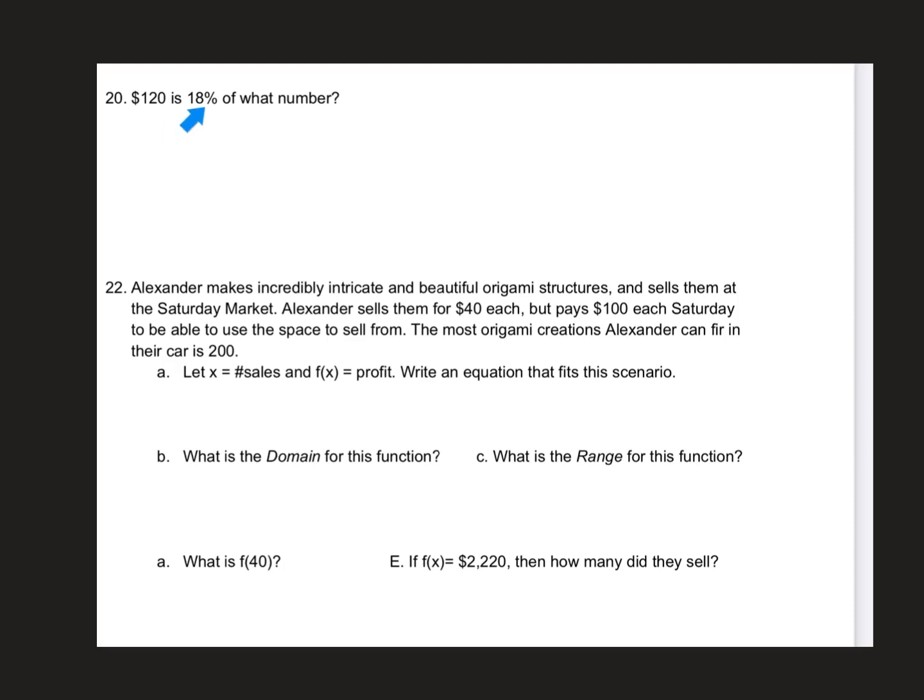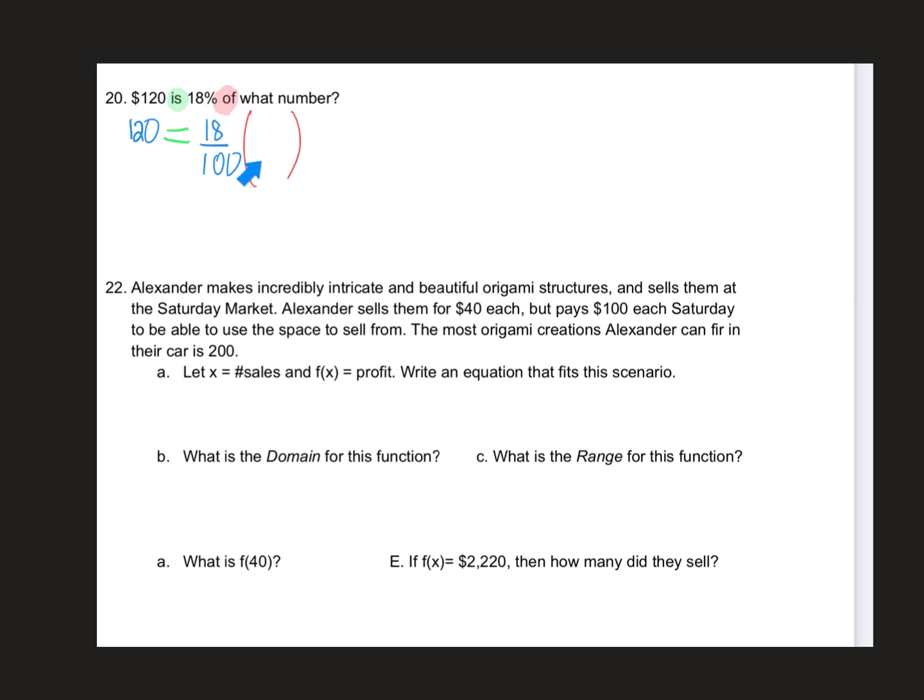There's a couple of ways to do this problem for review. One way is a direct translation. 120 is equal to 18%, which is the value 18 per century, or 18 per centipede, 18 per 100. So 18 per, you can see the 100 right there, 18 per 100 of